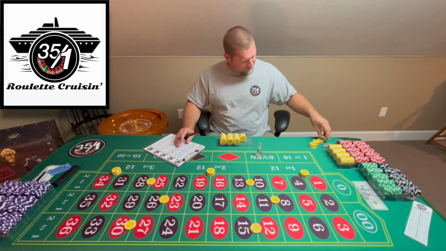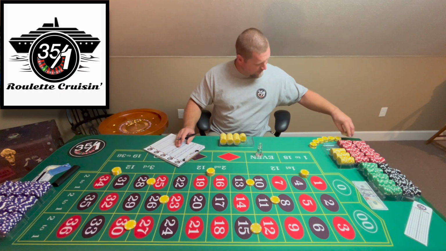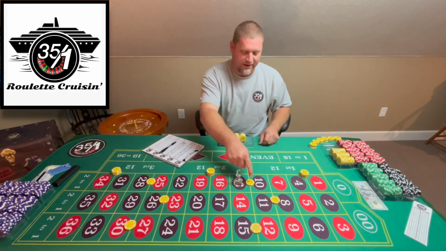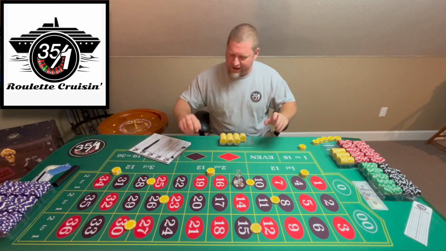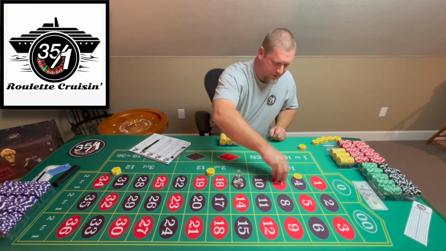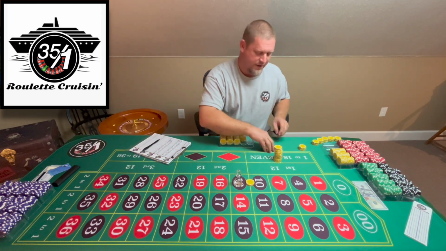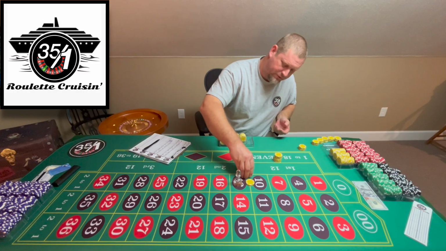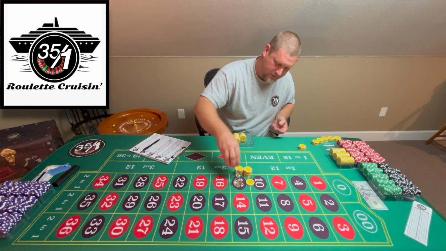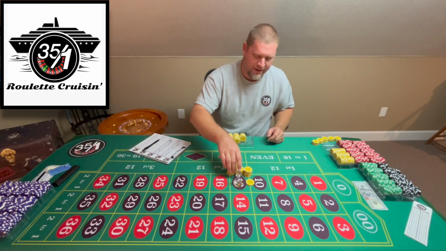Go ahead and get 6-chip stacks stacked up over here. All right, so first number is 13 black. Let's rake it, just pay it out just to see it so everybody can see real quick. Oh, sorry, put that one back right there. All right, so we've raked everything off. That's 2 chips, okay? So that's going to pay 34 chips. Just so everybody is on the same page, there's 34. That's the win for that. So now we're going to go back